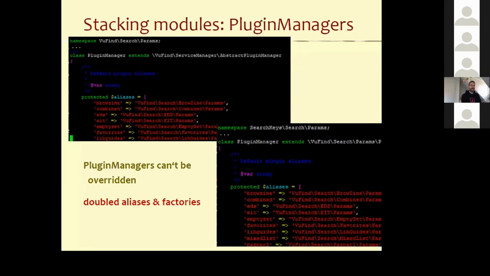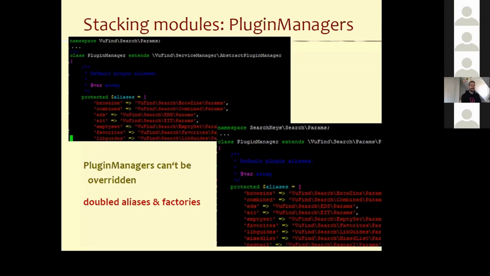So with plugin managers, the issue is that the main information of plugin managers is located within properties. You can't just extend them in some way. You just have to override this. And so if you have a stack of plugin managers and you have a lot of aliases and factories doubled within this